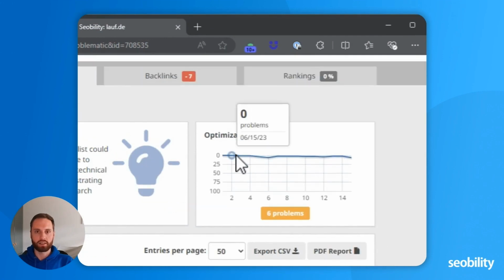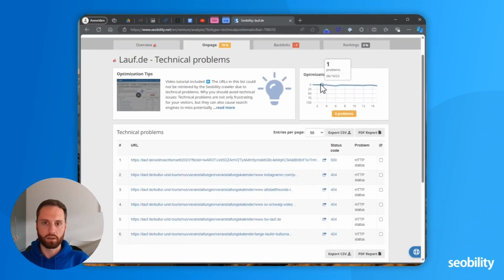So in this case, back at the start, this website had little or no technical issues. And then in today's crawling, or in the most recent crawling, we have 6 of these problems. So you can see that over time this didn't really improve, but instead now we're at 6 issues. This could really be starting with a lot of problems and then gravitate towards 0 ideally. So when you work and optimize, you should see these optimization scores on this inverted graph go up.